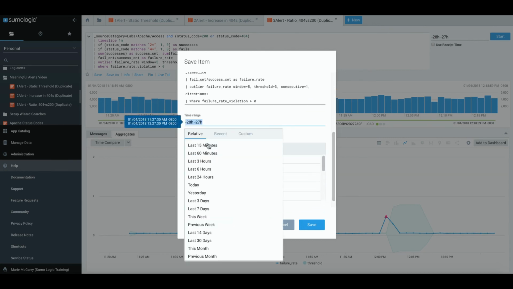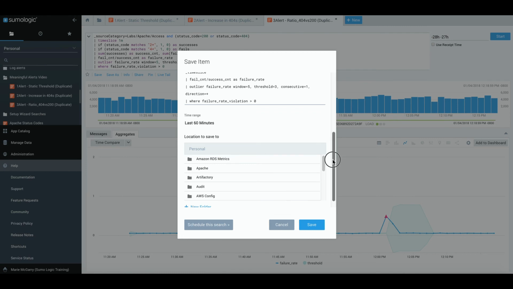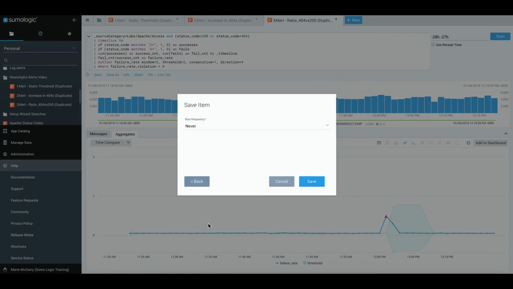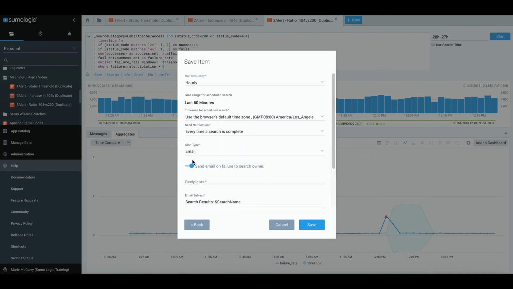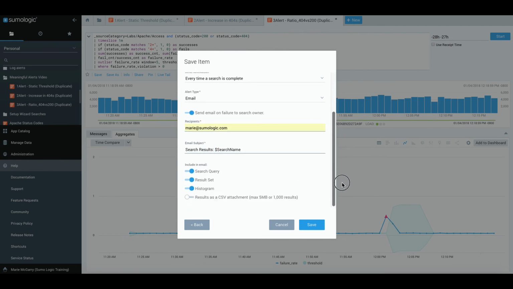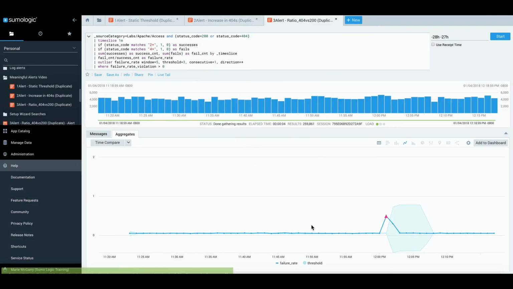I'll change the time range to the last 60 minutes. Now I'll click Schedule this search. I want this guy to run hourly. Send me an email. And voila, we're done. So to recap, I've tried to show you how to focus on statistically significant results using Outlier